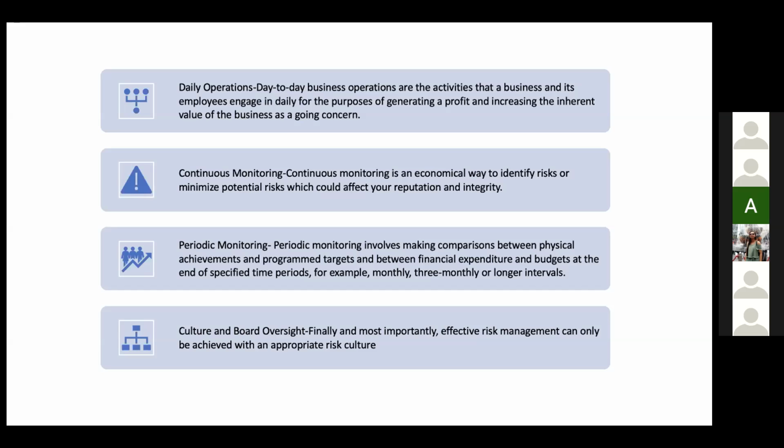Finally, and most importantly, effective risk management can only be achieved with an appropriate risk culture. The board should establish policies and guidelines to build a strong control environment within the organization and set the right tone at the top. So, after all these 8 drivers of ERM, we can say that ERM is not about and should not stop at the submission of the risk register to the board. Organizations should review and build on the strength of these 8 drivers so that they may be well equipped to manage the various risks and remain resilient in the face of any adversity.